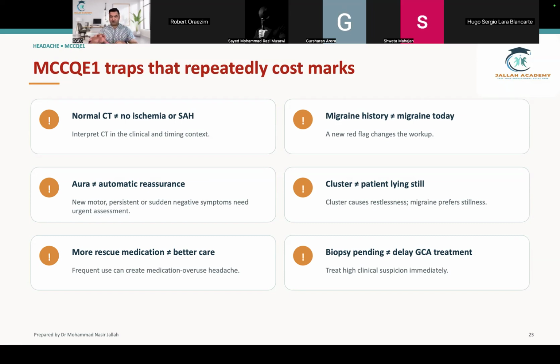When you're doing the exam, you're racing against time, right? So you are very stressed. So as soon as you see the biopsy, you just circle it and think this is the right answer. I know giant cell arthritis biopsy, but just go up to the end, up to option E, see what the other options are, and then recheck the last part of the scenario. What is it asking? What is the best next step? Go with the steroid. If it is asking what is the confirmatory test, then go with A. So read the last part of the scenario 2-3 times before you decide to pick an option.